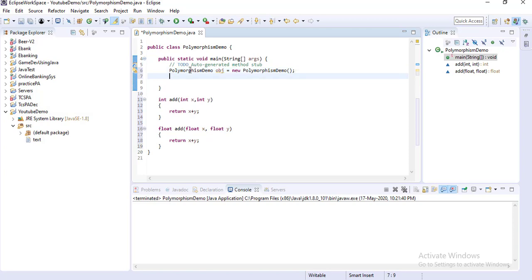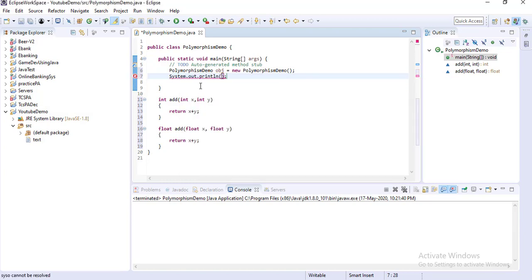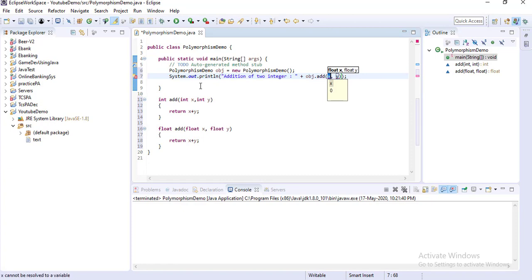Now if I try to call the first one, I am writing here the message "addition of two integer", plus object dot add, calling it with two integer values, suppose 5, 10.